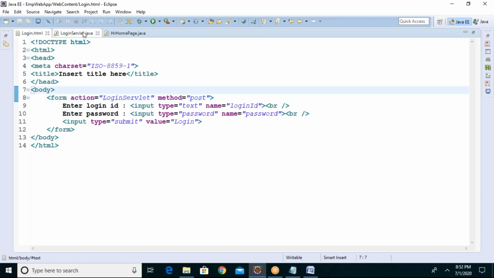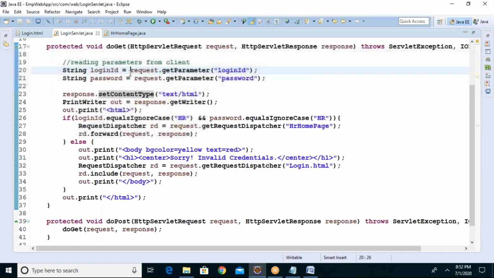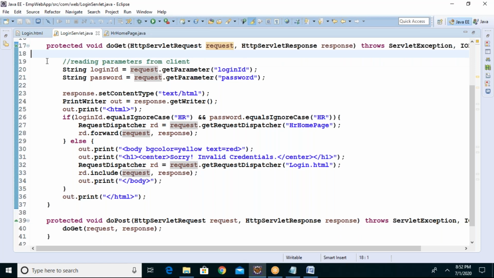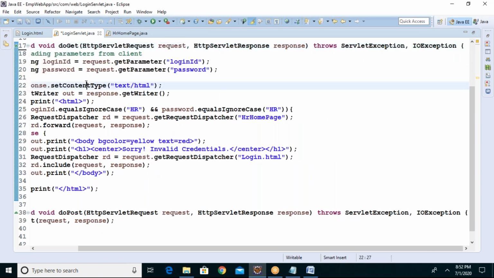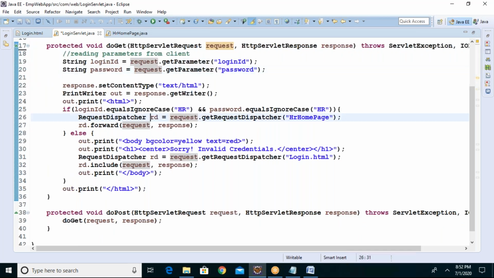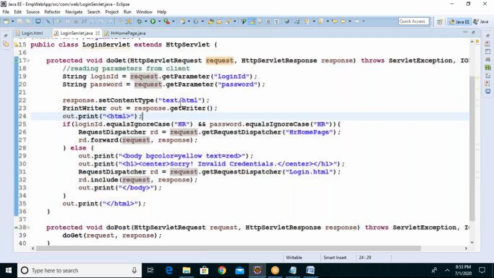So how many of you are confident of this code? Let me know, everyone, one by one. Up to now, whatever we discussed, you should be clear. This is the main key point in servlet, guys. There is nothing left in servlet. Almost the servlet concept is over except session, one small concept that we'll discuss.